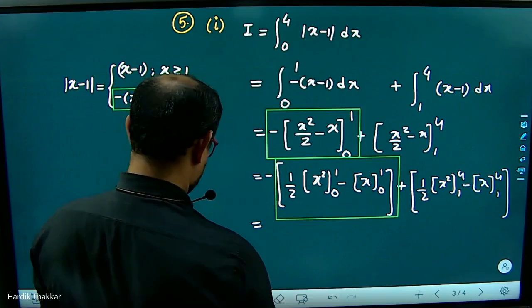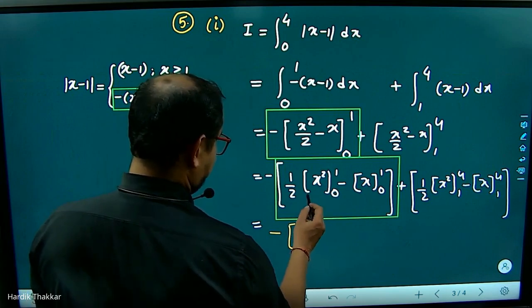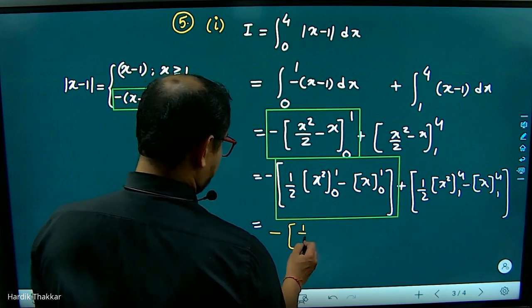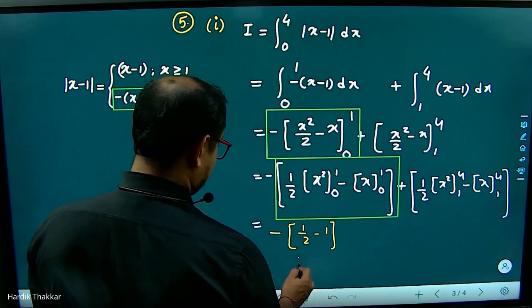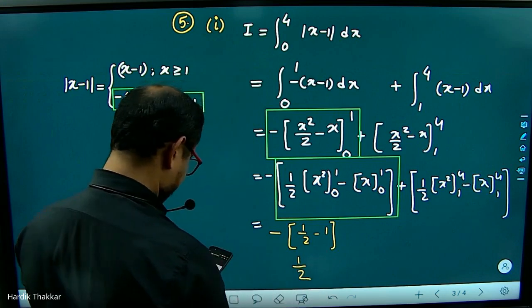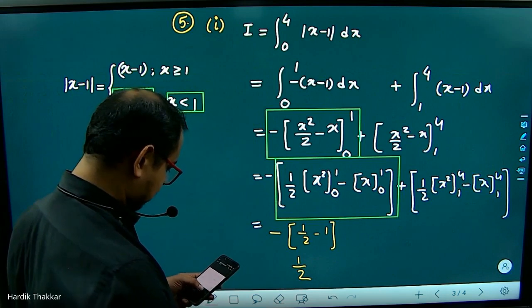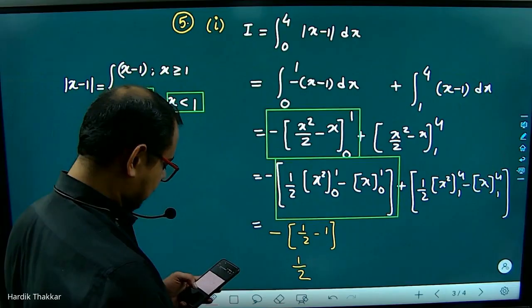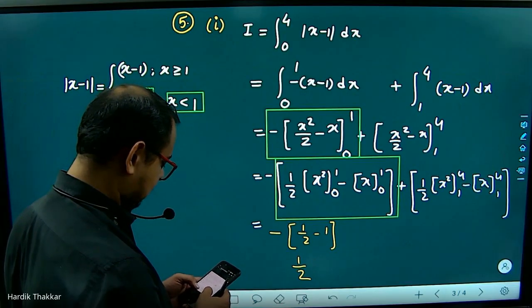So it will be minus 1 by 2 plus 1. Yes, actually minus. Here it will be upper. When you apply 1 by 1, it will be like 1 by 2 minus 1. So it will be 1 minus half, that is minus half. So this complete part will be half. So I think here you are doing something wrong. Yes, yes, I got where you had made this mistake actually,